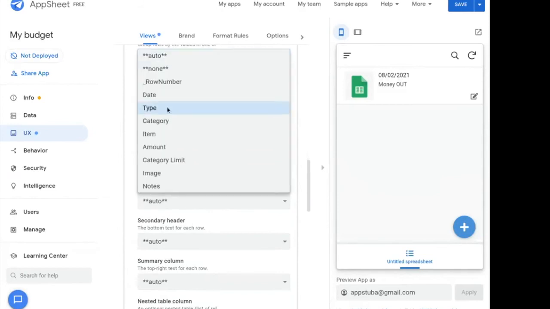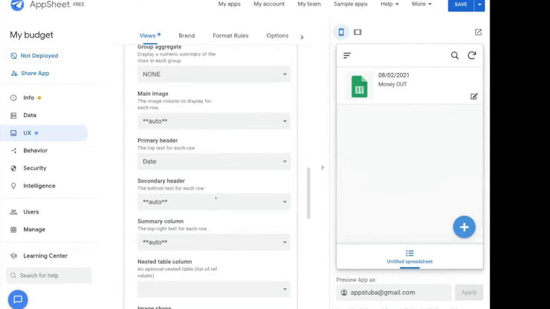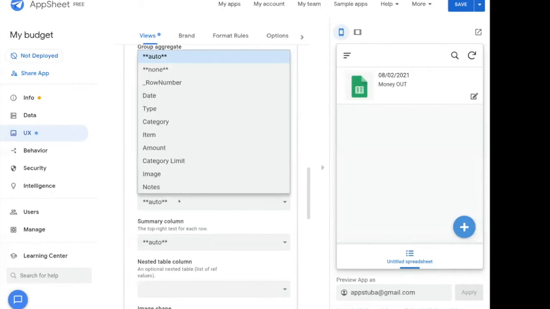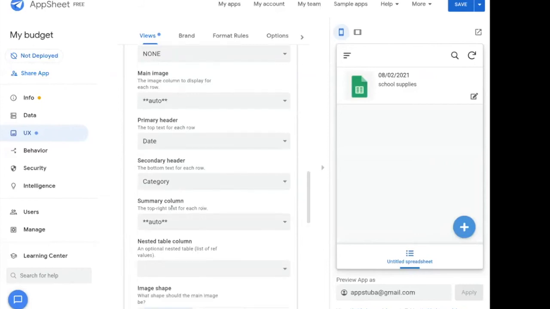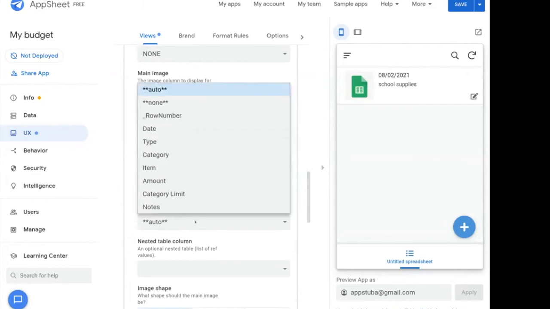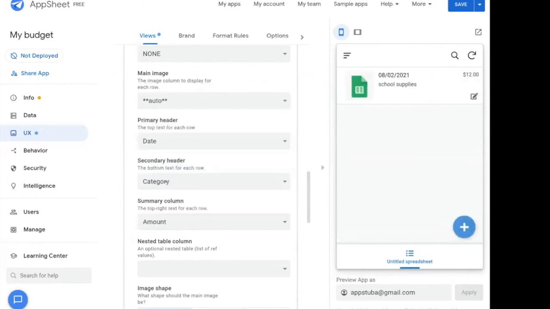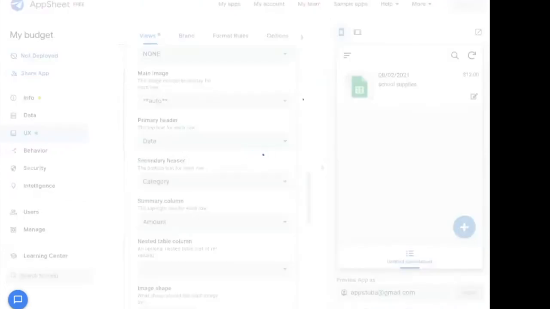I would like to see as secondary header the category. Here you go. And for the summary column, which is going to appear on the top side, I would like to see the amount I paid. Here we go. I'm happy with this, then save.